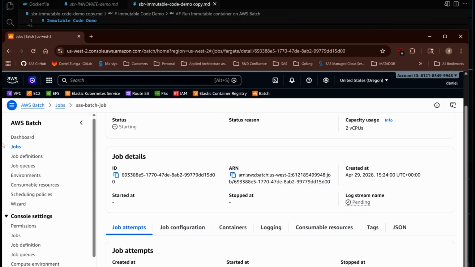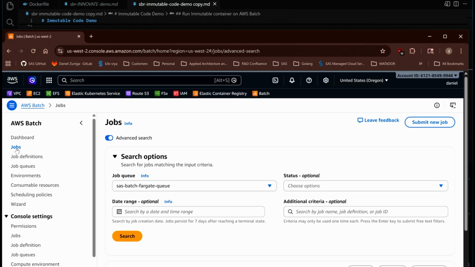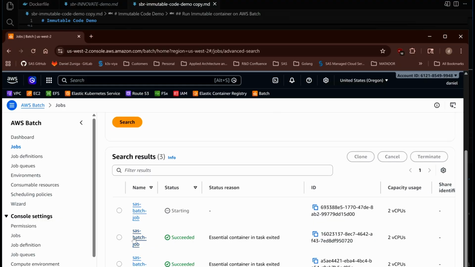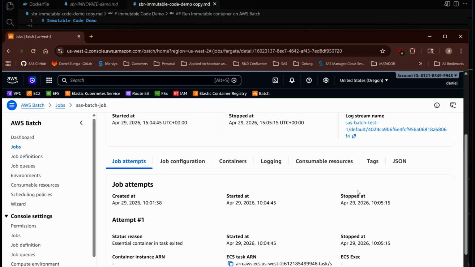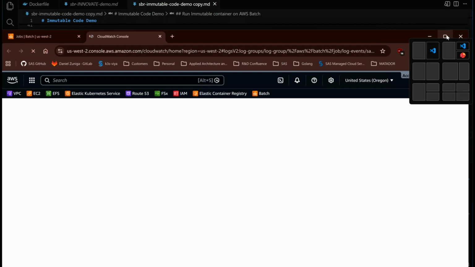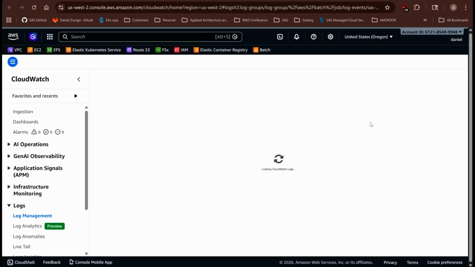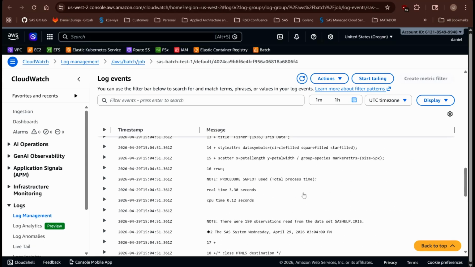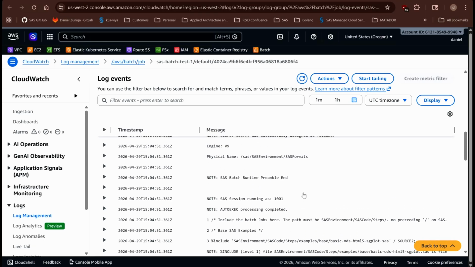So I don't have to make you wait and watch this, because it's painful for me. Here's my previous run a few minutes ago, where we have a log that's ready. All right. So what you see here is basically the SAS log, right?